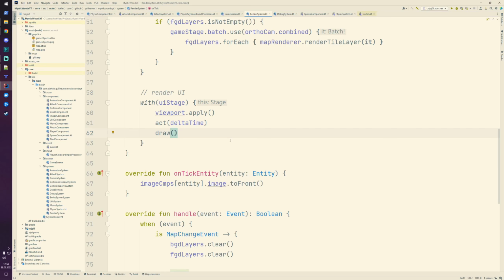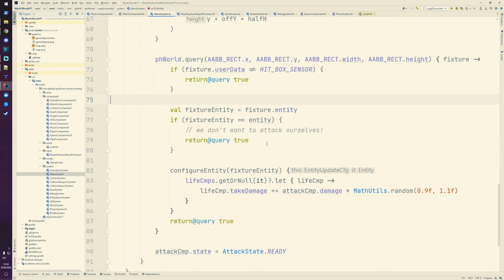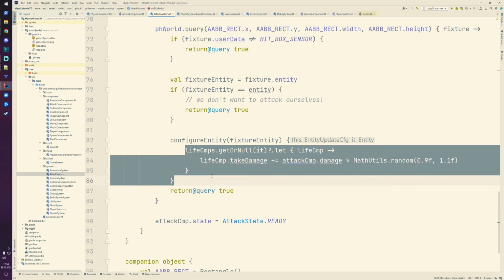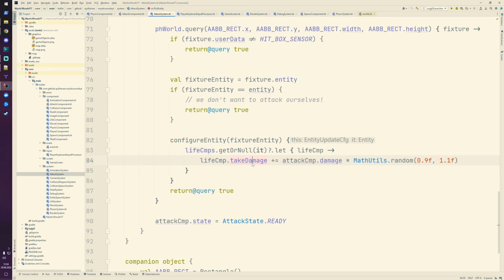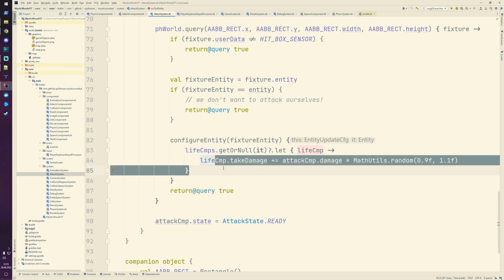Good, then the next thing that we want to do is that we add now this damage text when something takes damage. And we could either add that to the attack system, because there we are dealing the damage, and modify the life component. So as a recap, maybe if you forgot it, let's go to the attack system. And there you see that we update this life component of any entity that we find, and then we increase this take damage amount. That we could already create here now this damage text, or what is in my opinion